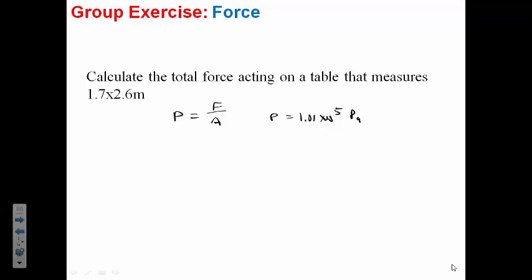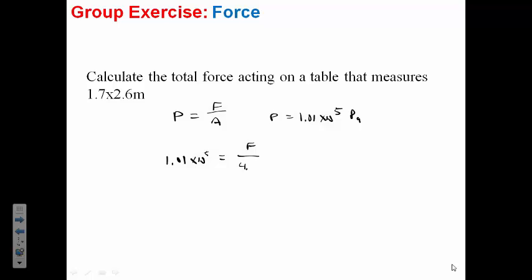So if we assume that this is the pressure exerted on our table, then our 1.01 times 10 to the 5 equals the force divided by the area of our table, which is our 1.7 times our 2.6, which gives us